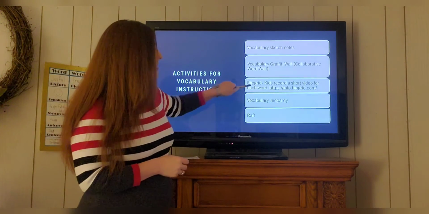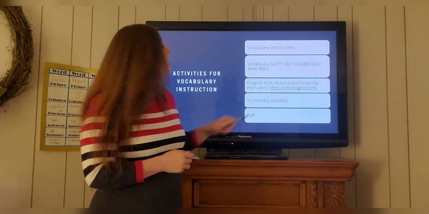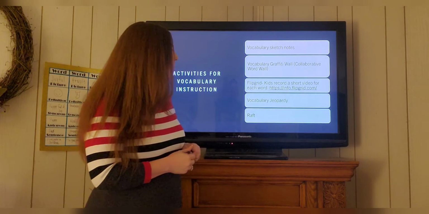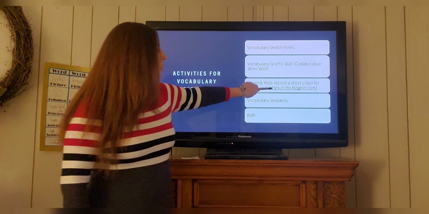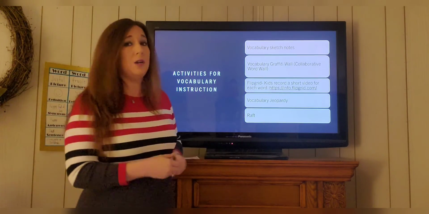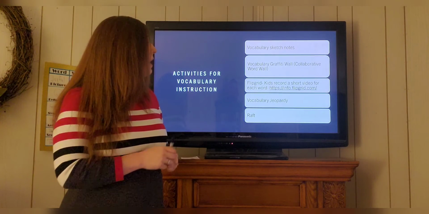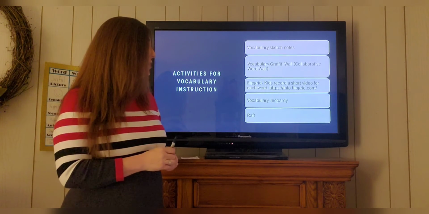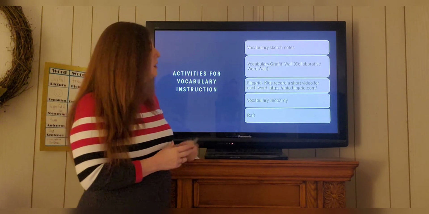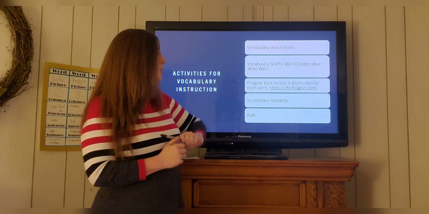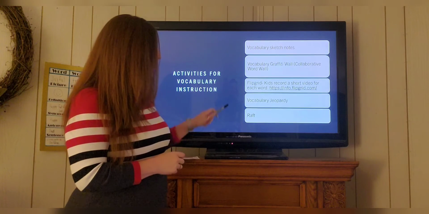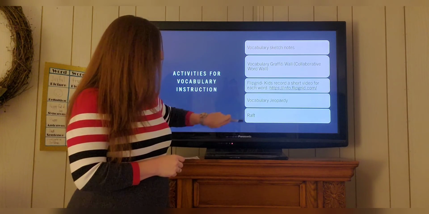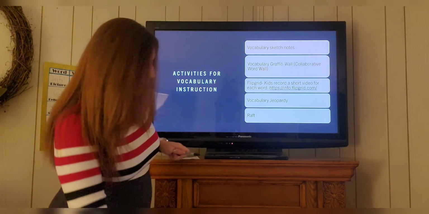The next one is Flipgrid. This is a really fun way to teach vocabulary. The teacher will log in to flipgrid.com and then send an invitation to all of the students in her class. Then the kids will get on and record a short video for each word. The next method is Vocabulary Jeopardy. Another method would be Raft,